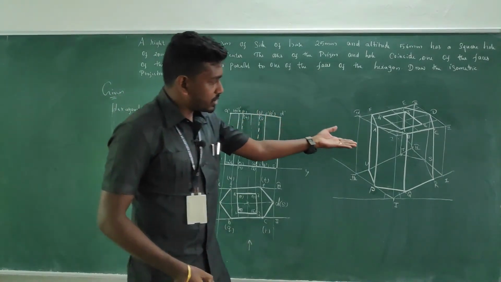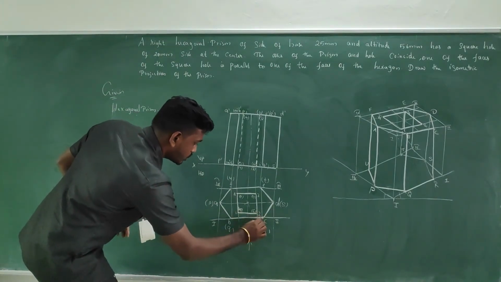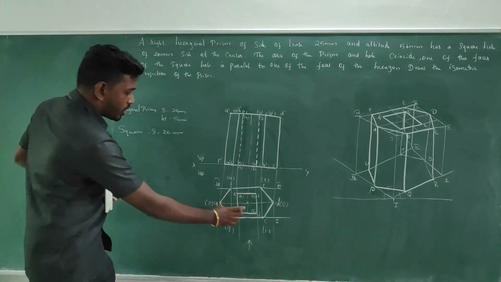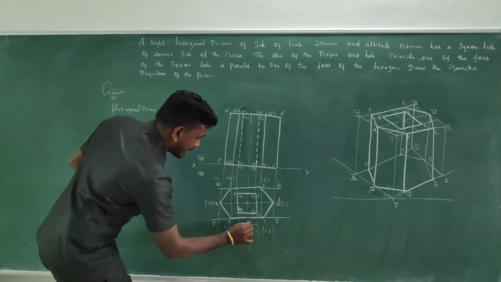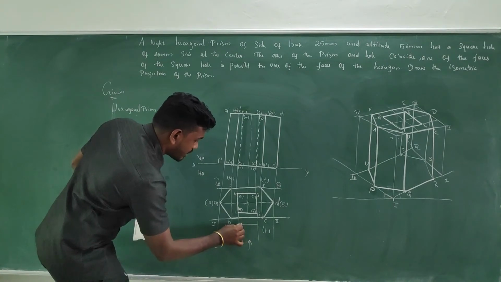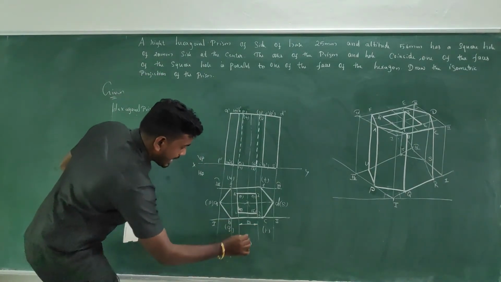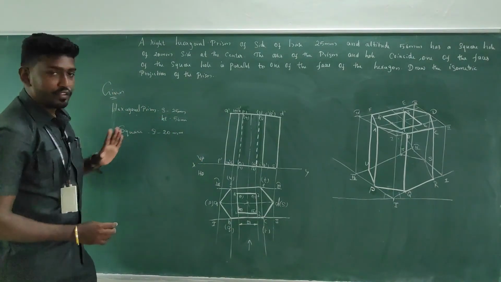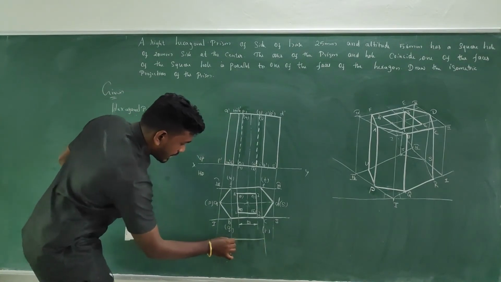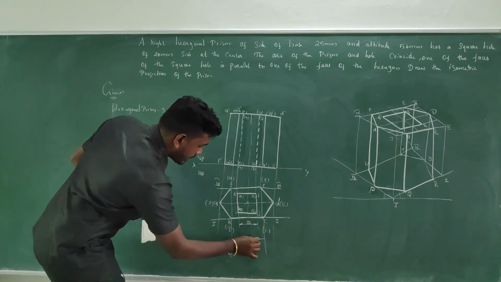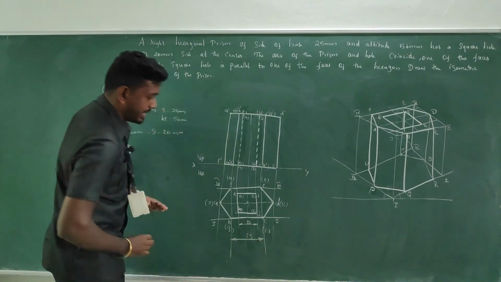You should not mark the dimensions over the isometric view, only capture them on the 2D views, okay, fine. First start with the smaller dimension. The square is 20 mm side, so draw a line like this and right above the line write 20 mm. Then the side of the hexagon is 25 mm, so draw a line and right above the line write 25 in a neat manner.